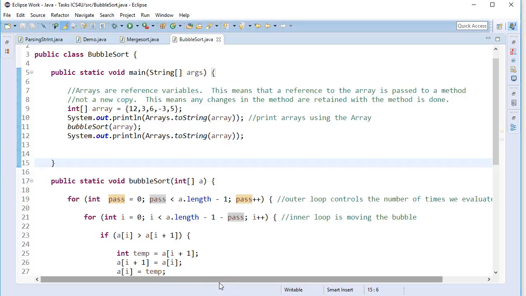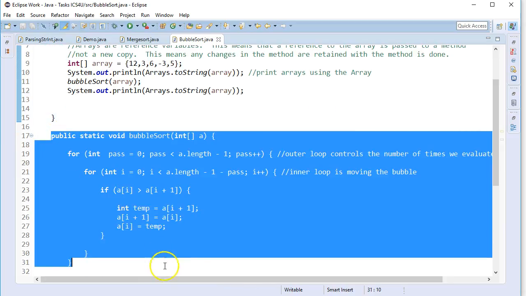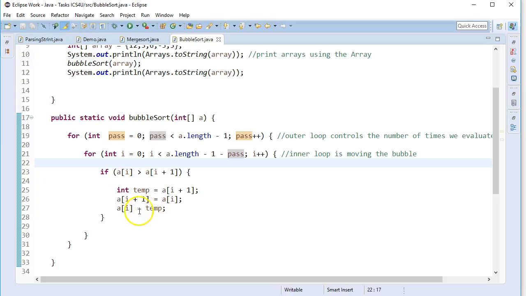Hello, in this video we're going to look at an implementation of bubble sort using Java. Now, I've written this inside a method, and so essentially what I'm going to do is pass the array that I want to sort into this method and then sort it. What you want to make sure you're aware of is the fact that I don't have to return this array